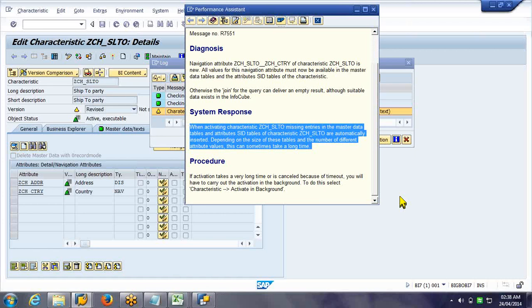So now I am modifying the ship to party, I am changing the attribute property, and I am activating ship to party. But what happens now is, since I have made it a navigational attribute, the country master data will be filled during this activation. Whatever missing entries are there, they will be filled.